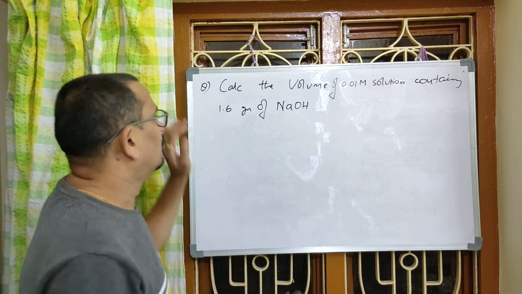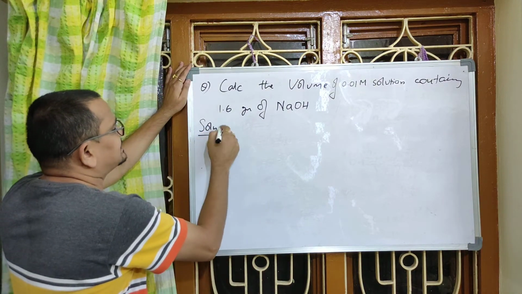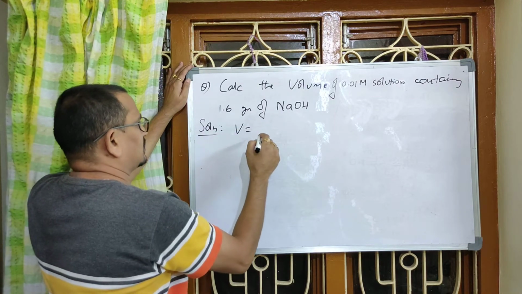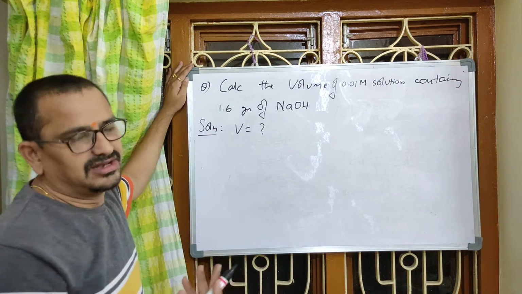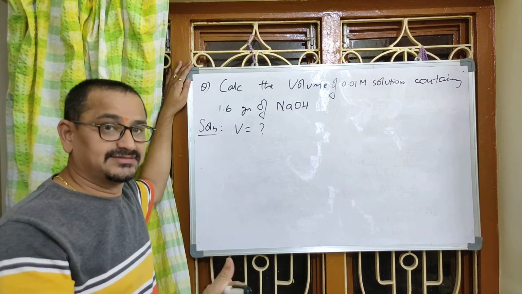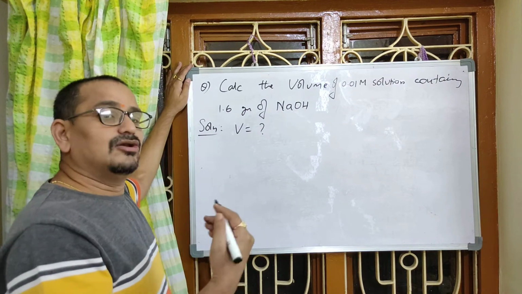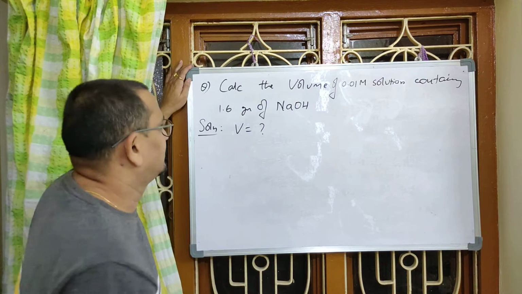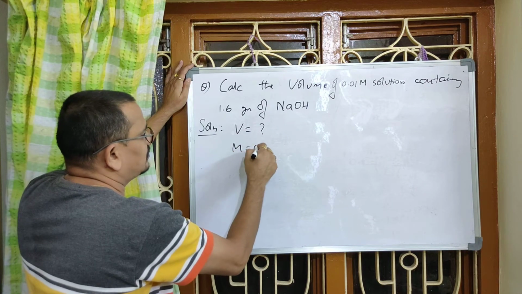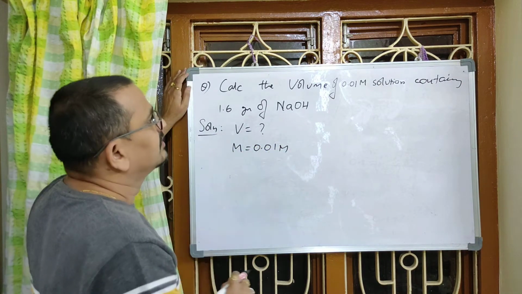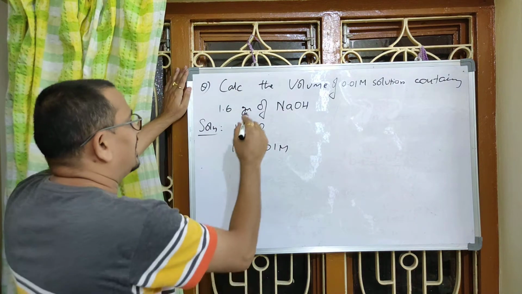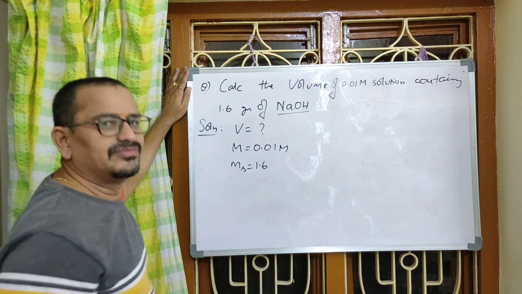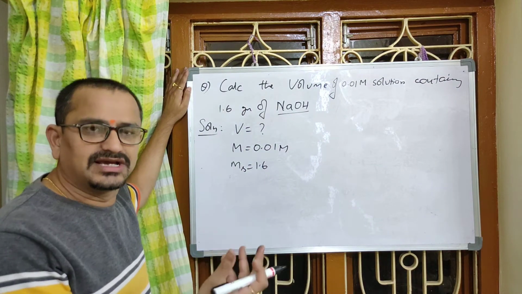Same way, what is asked to calculate and what is given? Right? Calculate the volume. Volume equals to question mark. You can find it in liters or milliliters, and look at the options. As it is MCQ model, look at the options. Volume may be expressed in milliliters or liters. Accordingly, you choose. Right? Molarity is given, see, 0.01 molar. And mass of solute is given as 1.6. Solute formula is specified, no? It means we can find its gram molecular mass.